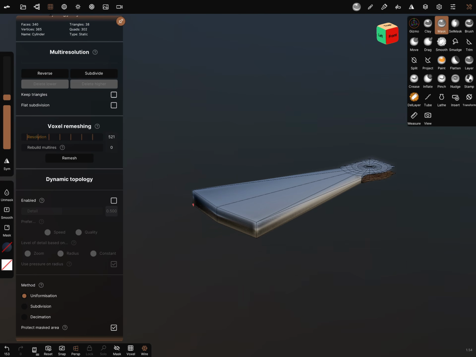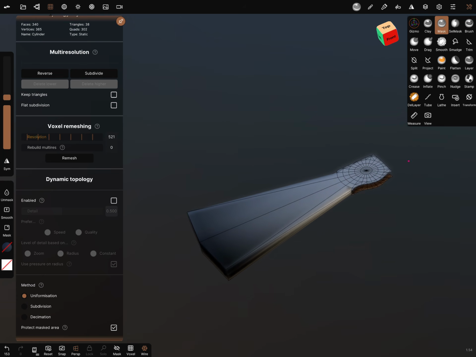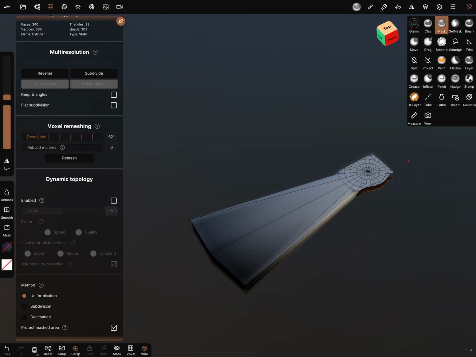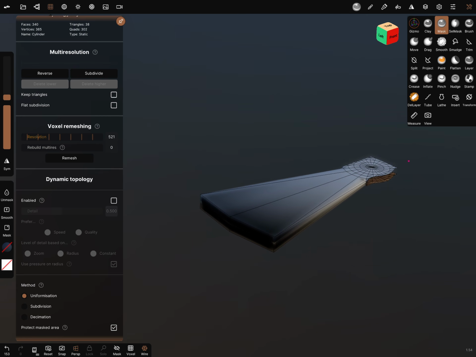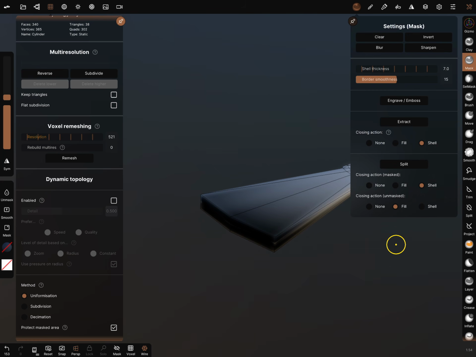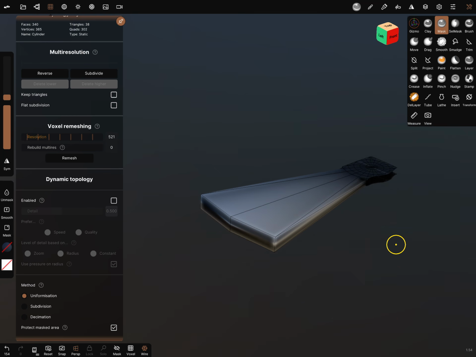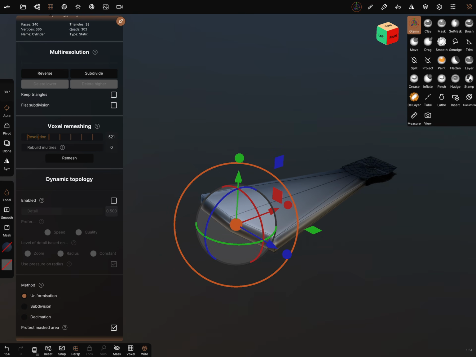Go to the mask settings, mask the front part, and you can split it and change a few settings or a few things like you like. I invert the mask, go to the gizmo tool, and now here you can use the rotation